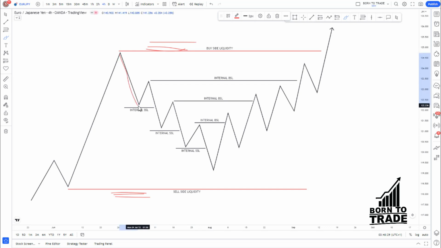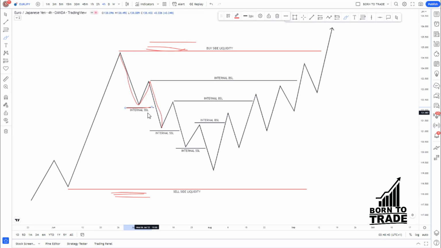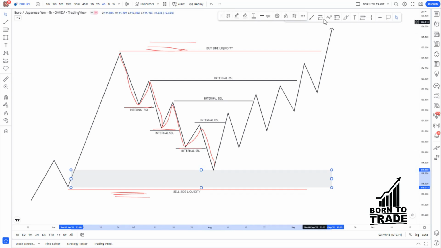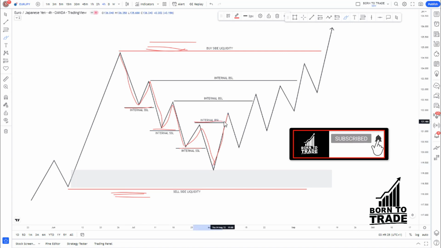Okay, now what can you see at the internal parts? You can see price pulls back, and you can see it broke structure to the downside here, and this is the internal range liquidity, that is the internal sell side liquidity. SSL means internal sell side liquidity. Okay, you see it's a pullback and a drop down. Price was taking internal sell side liquidity. After a pullback, another drop down, price was just taking internal sell side liquidity, and over here you can see price mitigates another block. Price mitigates it and changes direction over here, and now price is taking the internal buy side liquidity,